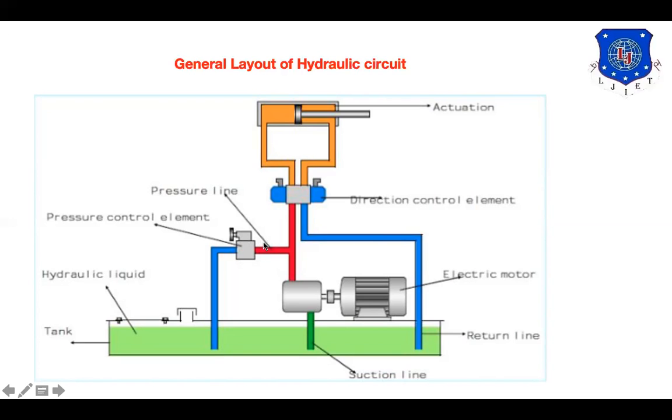Now let me give you the understanding of this particular pressure control element. Sometimes it may happen that working fluid enters this zone and pushes the piston in the forward direction. Once the piston reaches the dead end of the cylinder, the pressure in the cylinder will start building up, right?